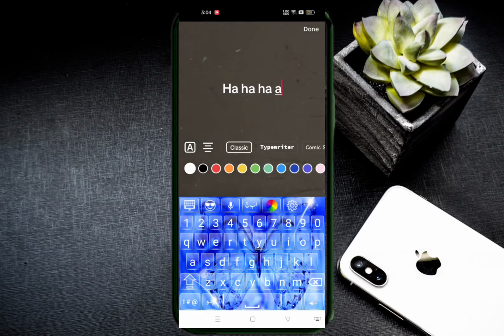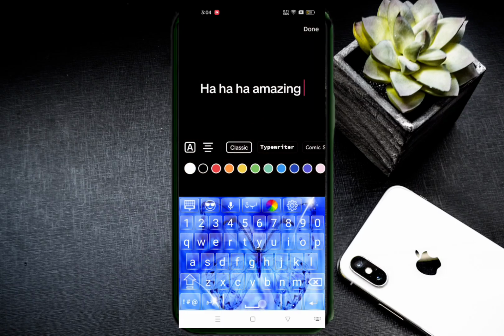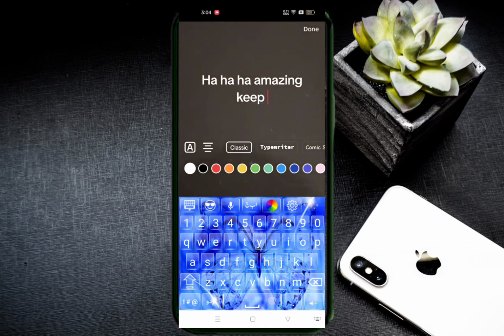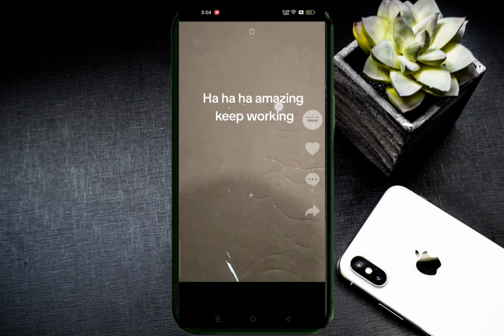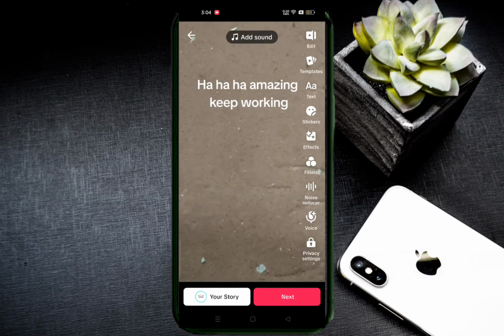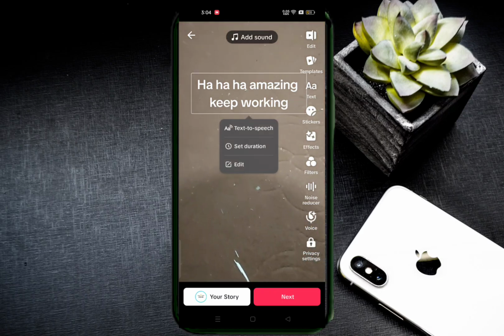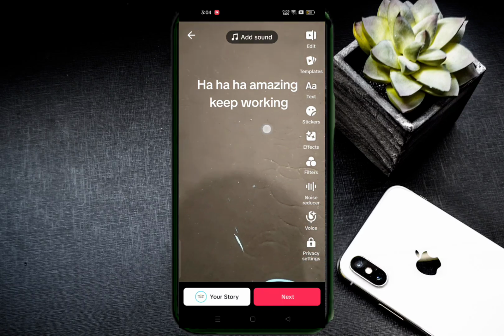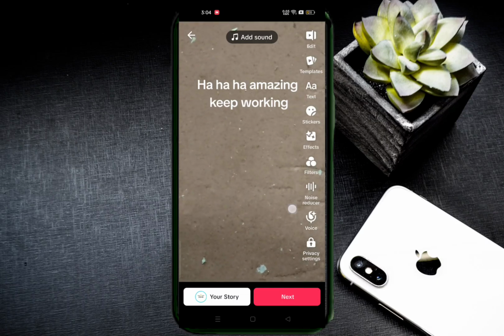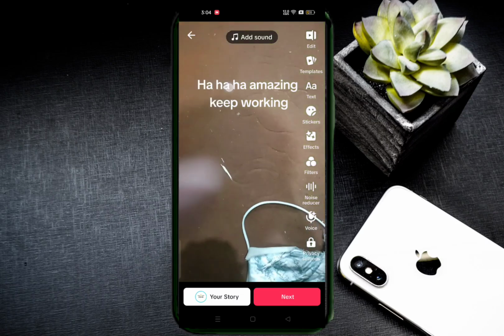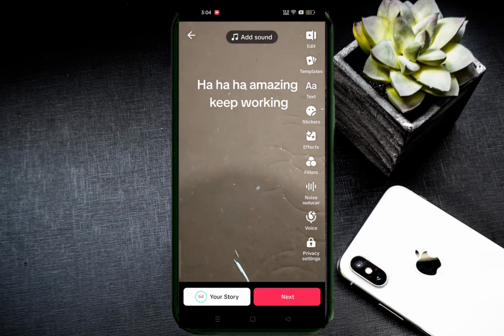So here we want to add a text, or right here there's a little text button. We want to click there. You will come into this panel, and then at this point you can tap on text, and you will see the very first option that says text to speech right there. You want to go ahead and click on it, and what will happen is